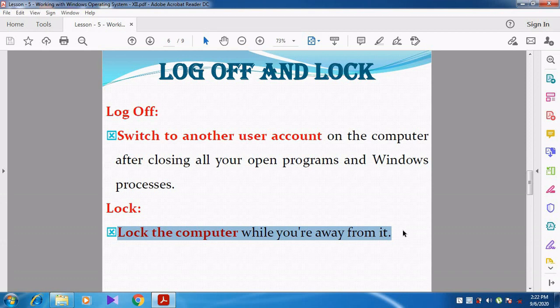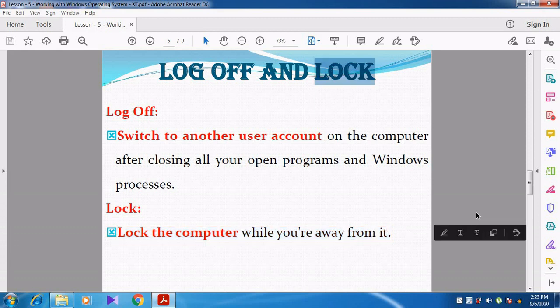For example, whenever you are working in a company, if you are taking a tea break or a coffee break, at that time you should not leave the system as it is. Why? Because some other person who is jealous of you may access the system, he may corrupt your system, or else he can delete some files in your system so that they cannot be retrieved back. So at that time you should lock your computer while you are away from it. So you are securing your system, that's all.